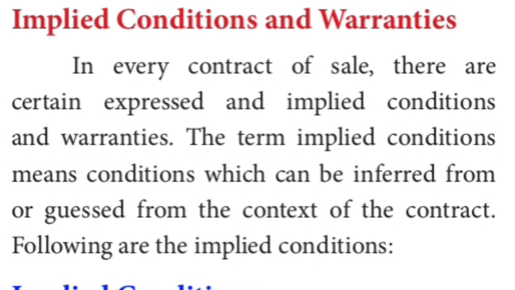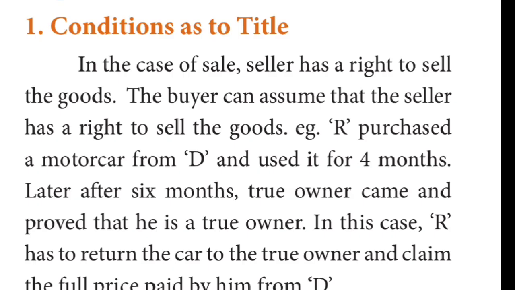What is this implied first? Implied means it is there in the contract itself. So when you get into a sale, it is understood that a buyer and a seller are getting into a contract of sale. So that is implied. Without a buyer and without a seller, you cannot do sales, you cannot buy anything. So things which are basic and already there are implied. Here we are going to see which conditions are already implied in a contract of sale.